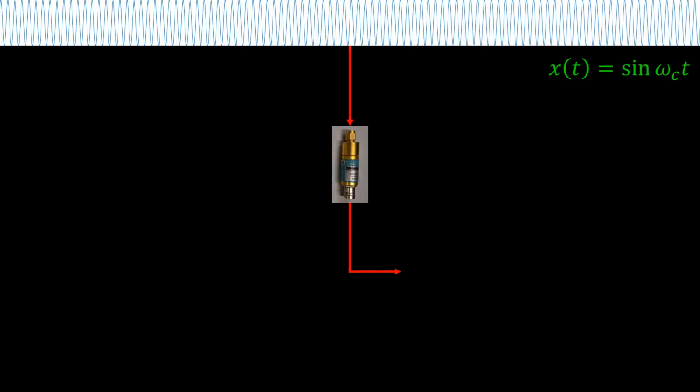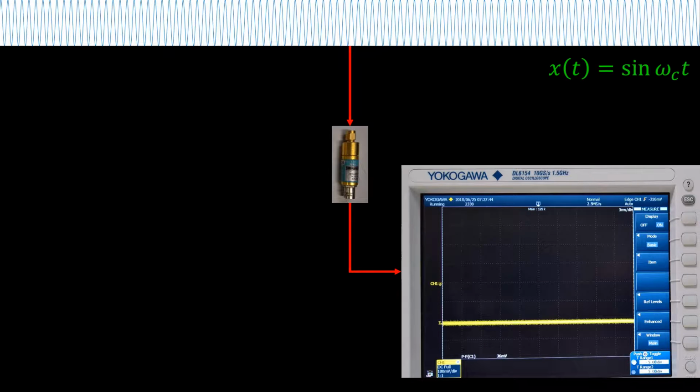We know that we will obtain at the output a DC voltage. Let us assume that we want to monitor this voltage with an oscilloscope. Of course, the oscilloscope will display the output of the detector, which is just a DC voltage. We are using a diode with reverse polarity, and therefore we can see that this voltage is negative. We know that the higher the input power, the higher will be the observed voltage. I will check this with a small experiment.